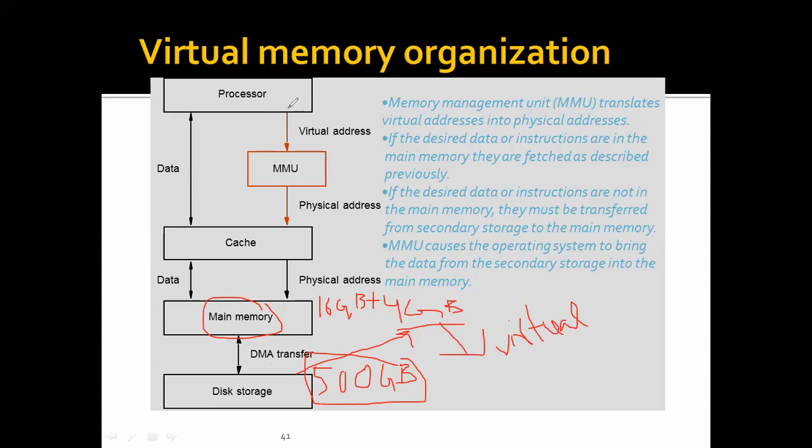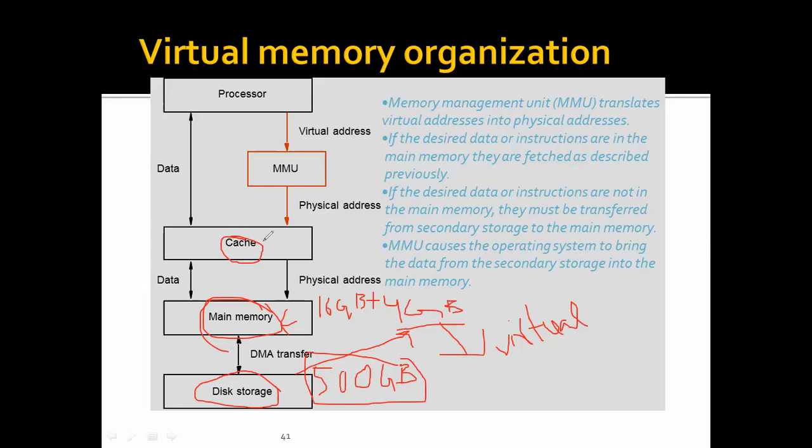Whenever the processor needs data, it will get it from the cache memory. Suppose in this cache memory the data is not found, then what can the processor do? Search in the main memory. Suppose in the main memory also the data is not found, then what can the processor do? Search the disk storage. First the processor searches for the data it requires in the cache memory.